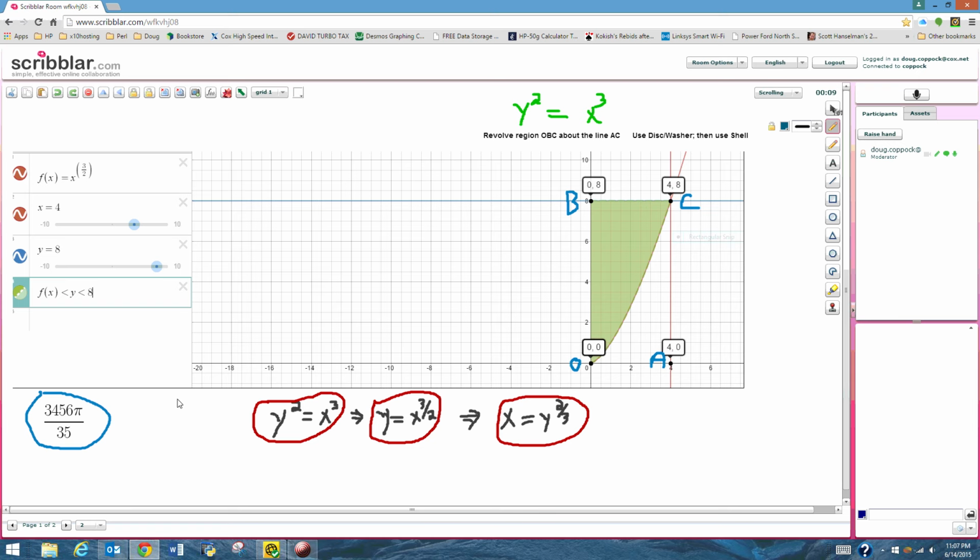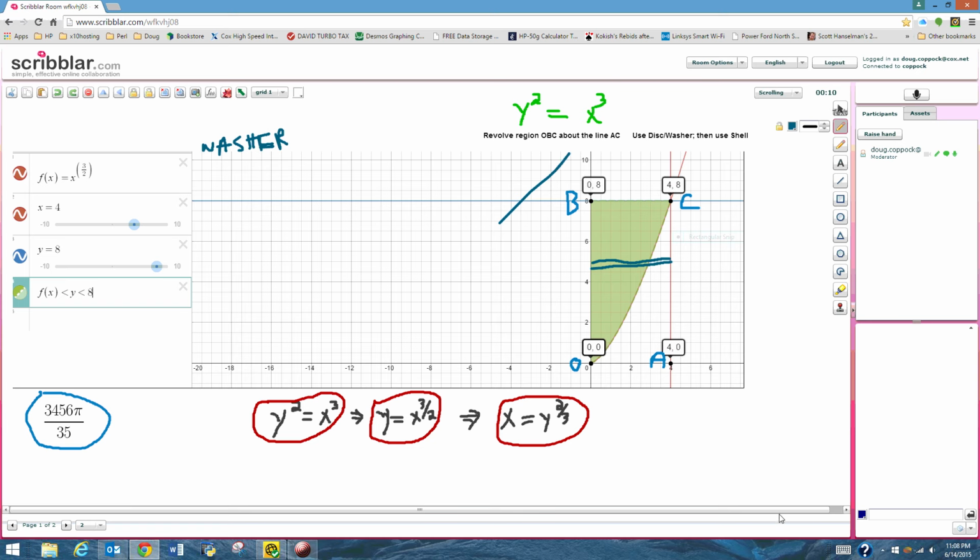First, we're going to use the disk method, or the washer method. Let me write that right here, washer. And when we use the washer method, we're revolving around the line AC. When you use the washer method, that means the little thin rectangles are perpendicular to the axis of revolution. We're picturing revolving this little rectangle,